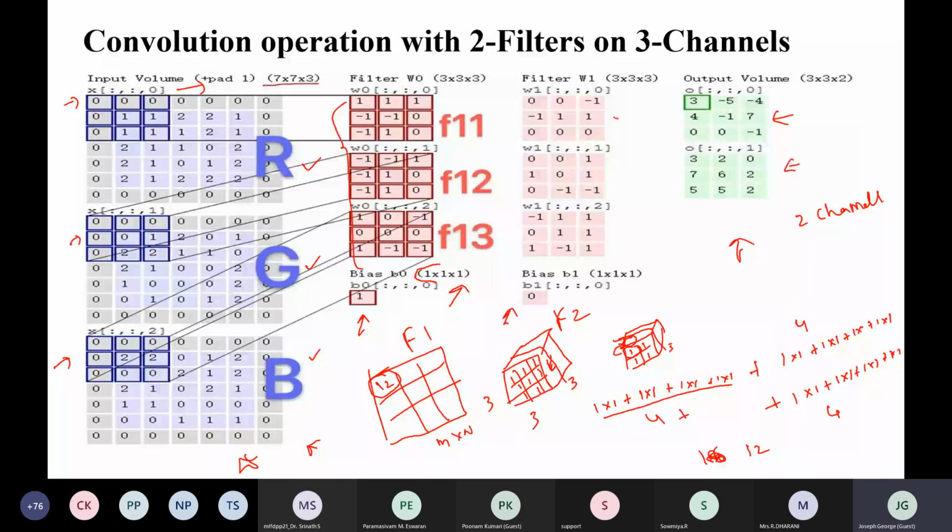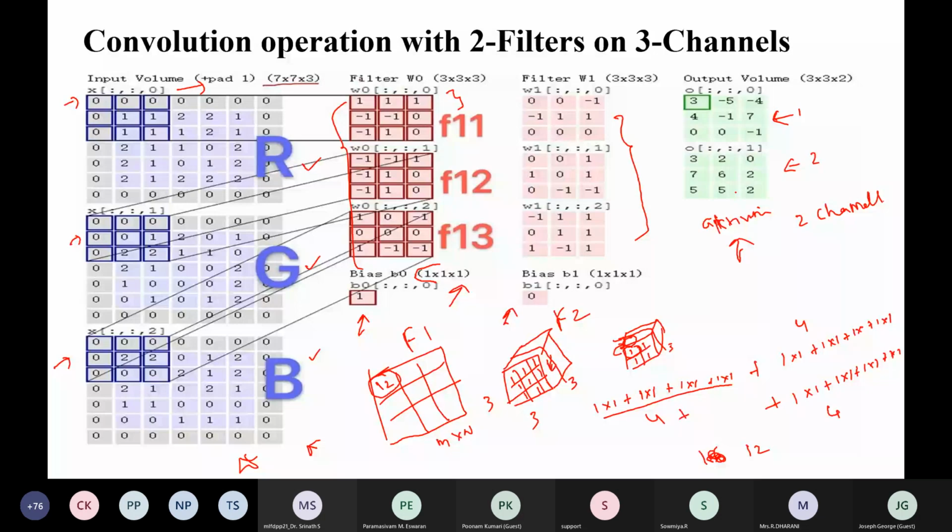The output of this convolution operation, or this activation map, has 2 channels because we are using 2 filters, and this is the first channel and this is the second channel. We get the first channel with the help of this filter's operation with this image. Similarly, we get the second channel of this activation map with the help of the second filter's convolution operation with this image.